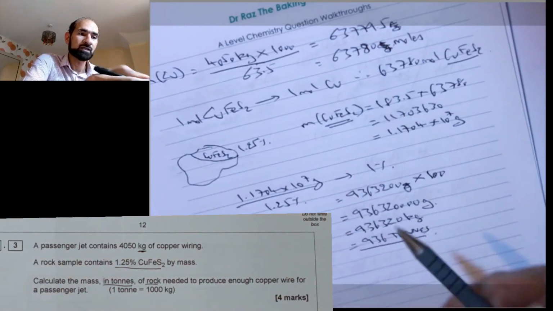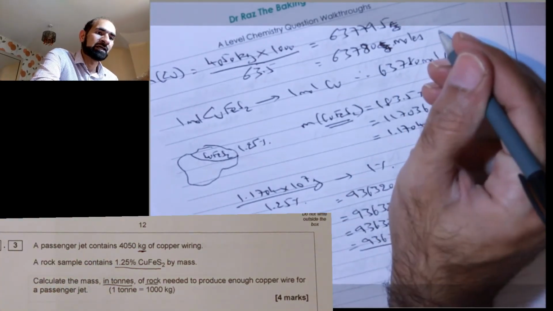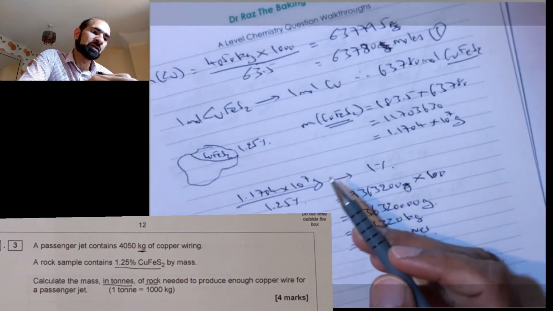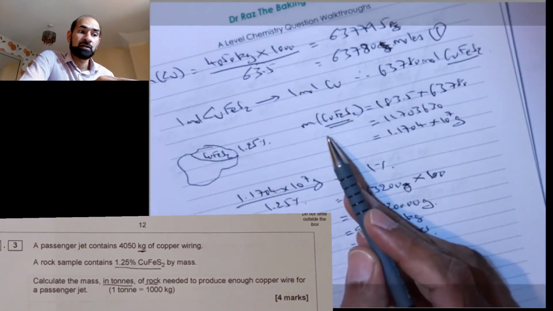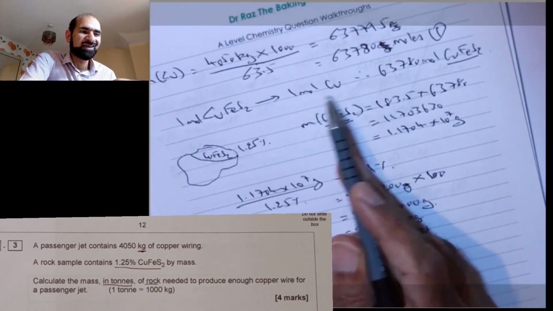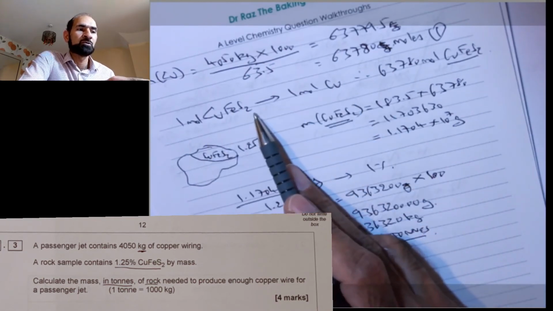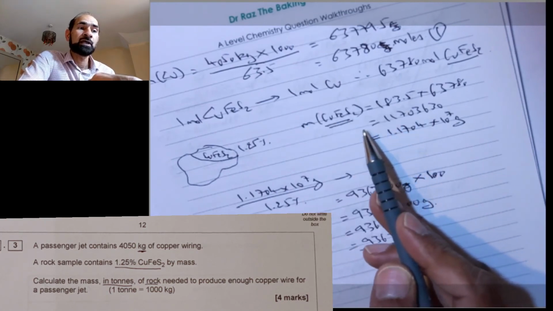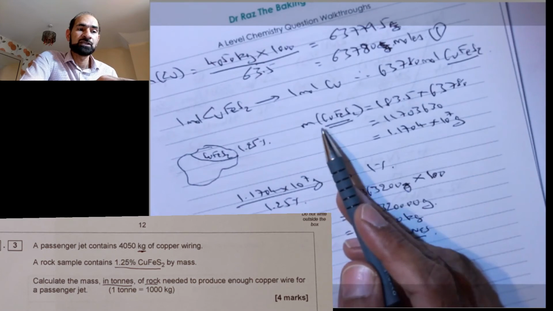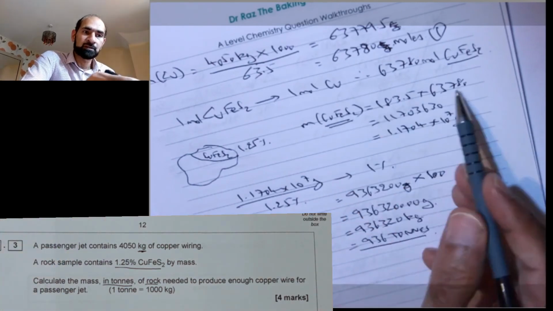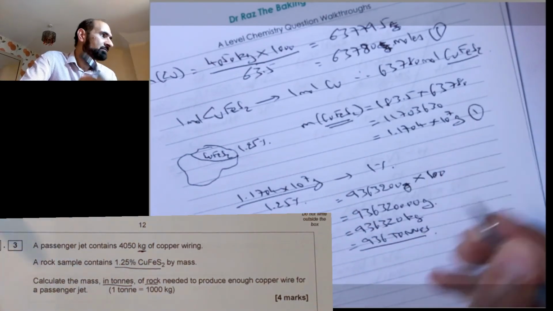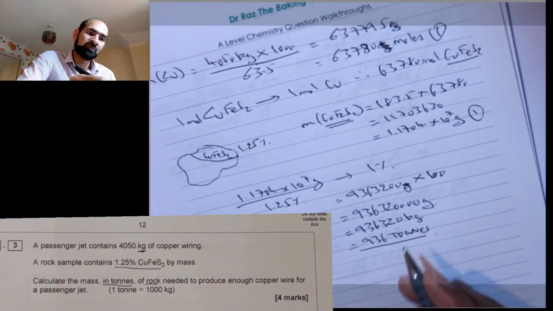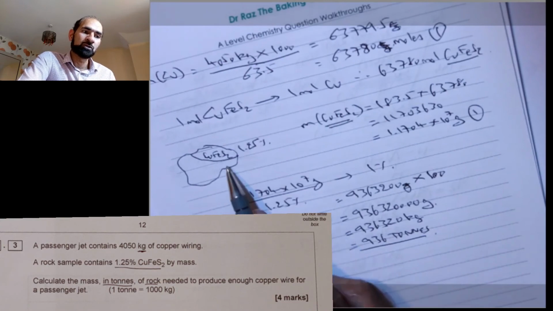In fact, let's talk about marks. The marks are simple. You convert that into moles, so that's 1 mark. You didn't have to say that 1 mole of CuFeS2 is equal to 1 mole of copper, because you can see that. Then the mass of CuFeS2 that you need is this, and that will be a second mark. Then the third mark will be realizing that